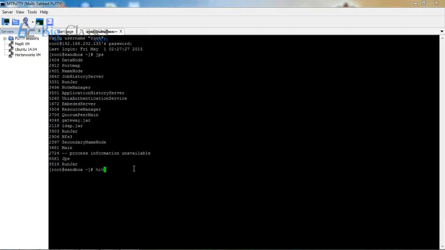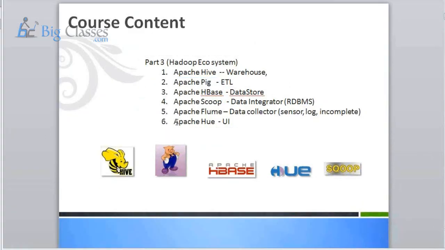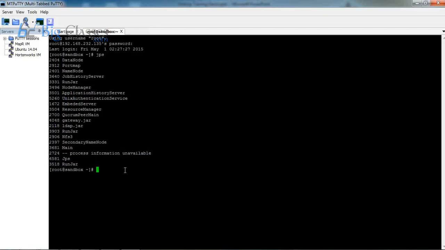So let us say, as we discussed, I showed earlier here, in the order of priority, at least you should get hands-on with Hive and Pig. That is the bare minimum you should have. And each one has its own syntactical model. So what I'm trying to show here is that if you say Hive, this is a daemon, this is an application that is there in the sandbox.